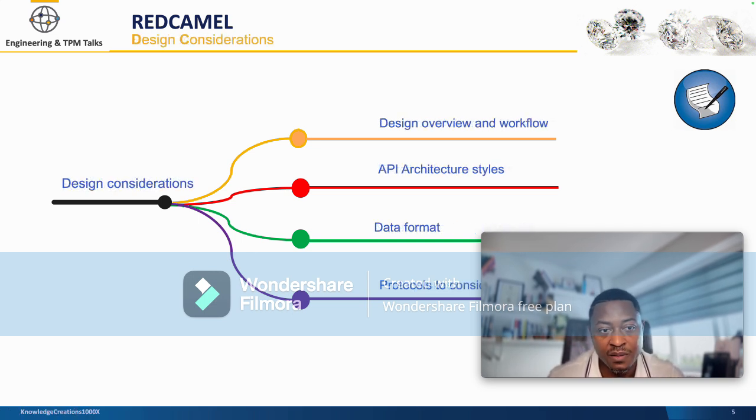Under DC, or design considerations, something that we look at is really the technical meat, right? We want to make some technical decisions based on the services involved in a system and the client interaction with them. So typically for design considerations, we would look at the overview of the design, one snapshot design, see that as the base preliminary design, and then the workflow. How do we expect it to fit together?